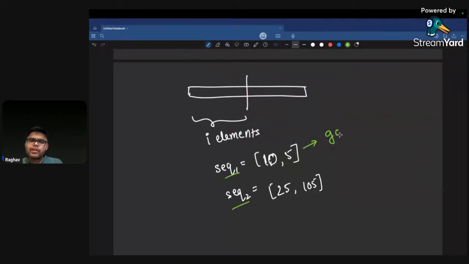I can just store the GCD of sequence 1 and GCD of sequence 2. That's all I care about. I don't really care about the specific elements I stored. So if I keep it in this way, then at the end of the day,